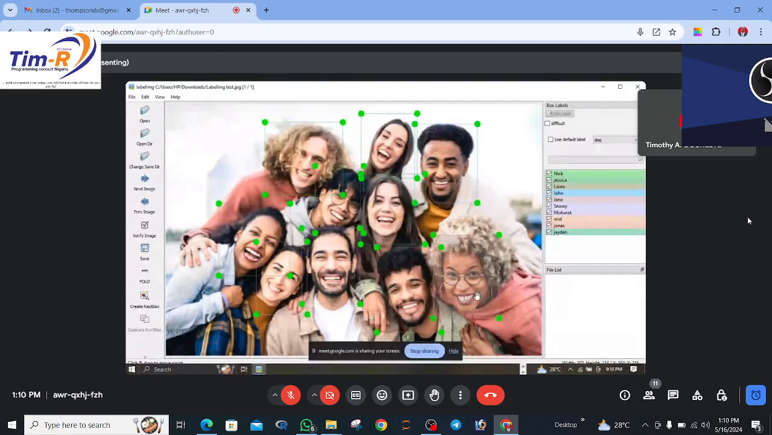So now we have annotated all these faces, and one thing is that we can export the annotation in YOLO format so that we can use it to train and to create bounding boxes when we want to actually identify these faces later. You can see it's showing different colors based on the different names I've given them. So now if I click on save,